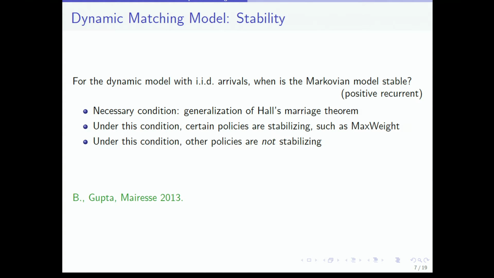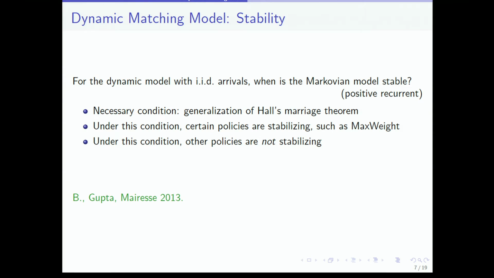Max weight here corresponds to match the longest queue. If you have a choice, look at the queue where there are the most items sitting and choose that one. If you consider the opposite, which is probably the most stupid thing you can do, match the shortest queue,